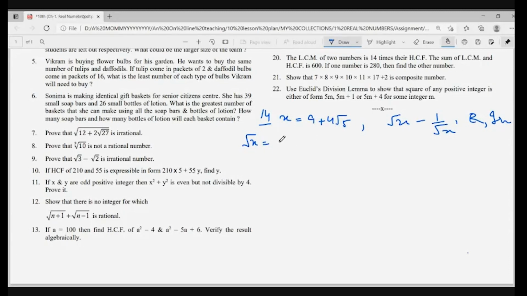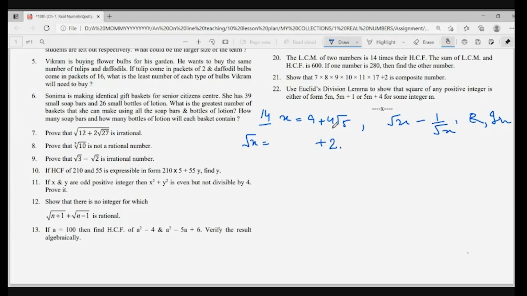Okay. We will try to write x as the square of something. So how can we write it as a whole square, so that when we take the under root of that, 3 plus 2